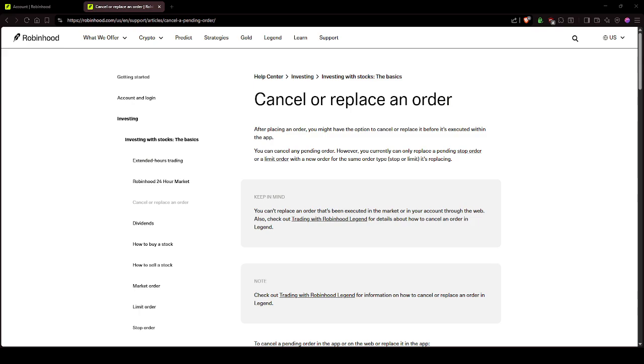To cancel a queued Robinhood order, start by opening the Robinhood app on your mobile device. Ensure you are logged into your account. Once you are on the main screen, tap on the Trade button located at the bottom of the screen. This will take you to a list of your current positions and any open orders you may have in the